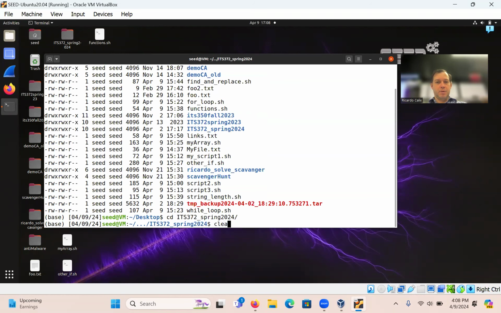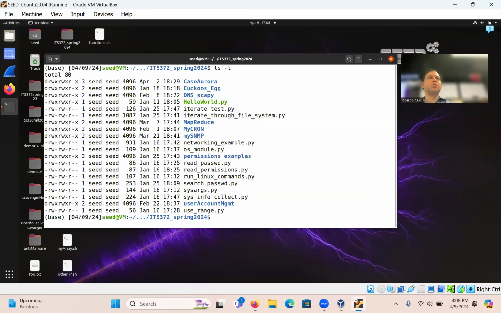Okay, clear. Then I'm going to create a new directory here called my bash, let's call it. I do this because I don't like having important file names in Linux, for instance, so I always change that a little bit. Let's go ahead and do that.